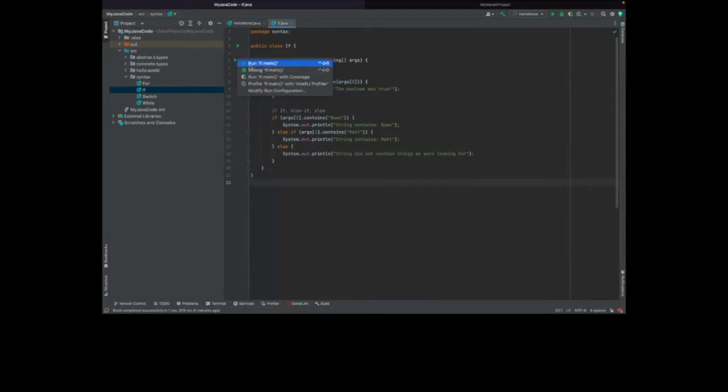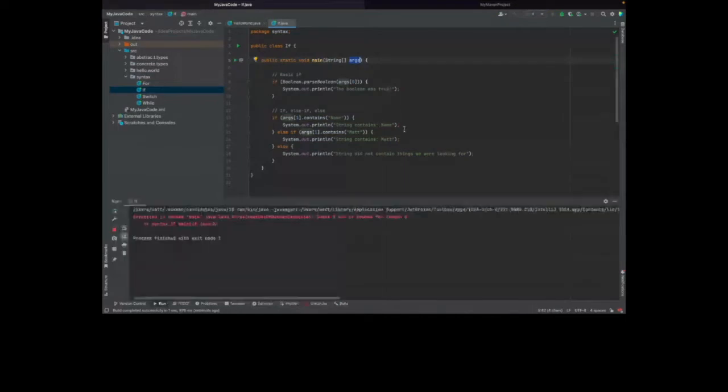So if I run this, I'm not going to be providing any arguments to this function. So if I just run it as a plain thing, what we'll probably get is, ooh, we got an exception: index 0 out of bounds for length 0. That will be because we're providing no arguments, and so it's going, well, I can't get anything out of here that is an argument.